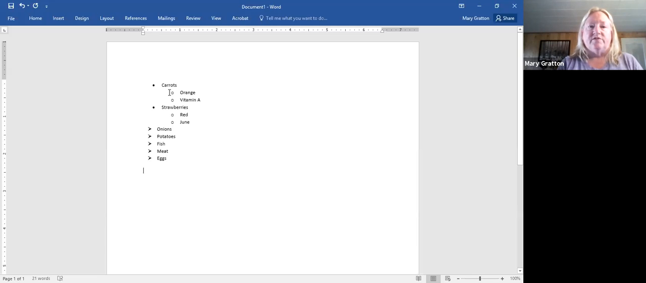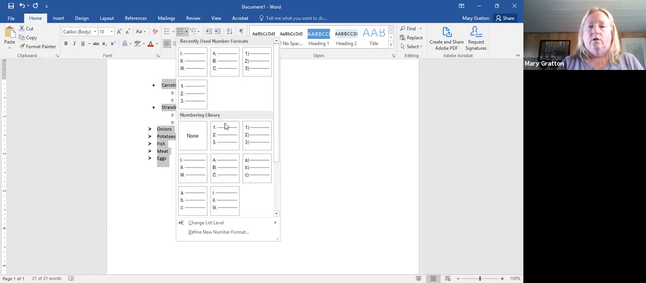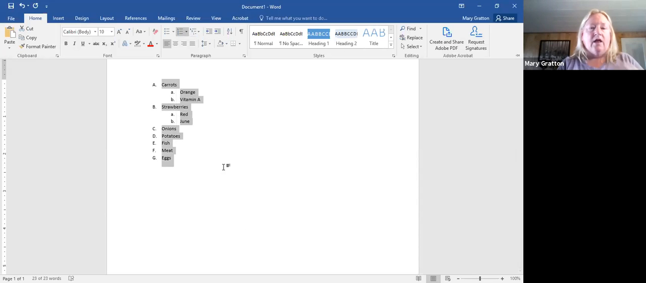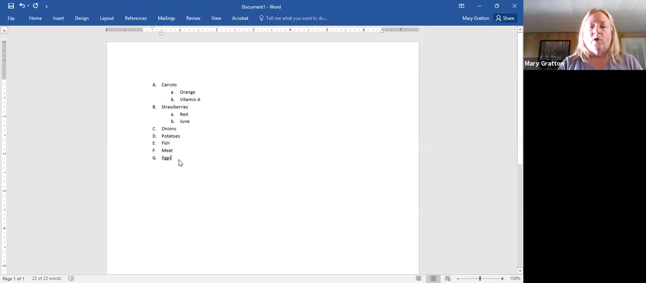Again, we have the different styles too with numbering. I can put them like that, and it can do that. You can see all the different types of numbering. As you're typing, well,